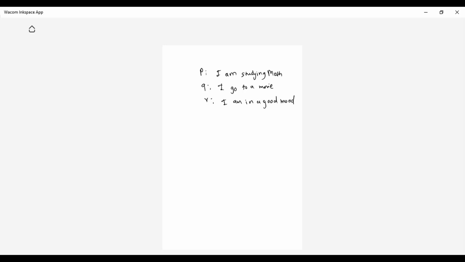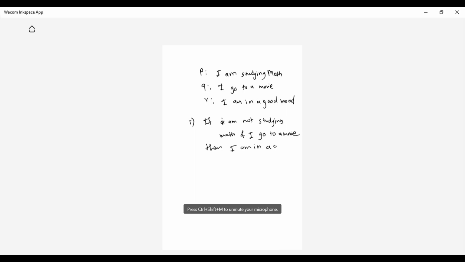Now the statements have been given, and you have to put them in symbolic form. The first statement is: if I am not studying maths and I go to a movie, then I am in a good mood.